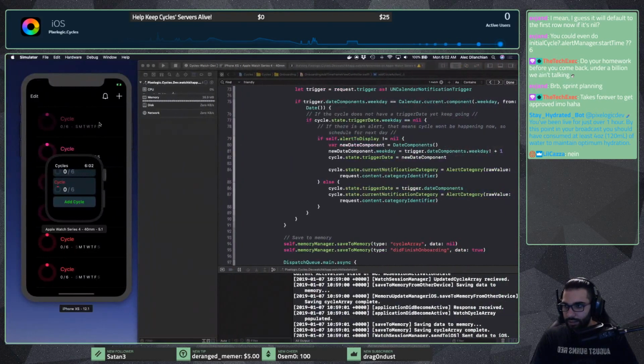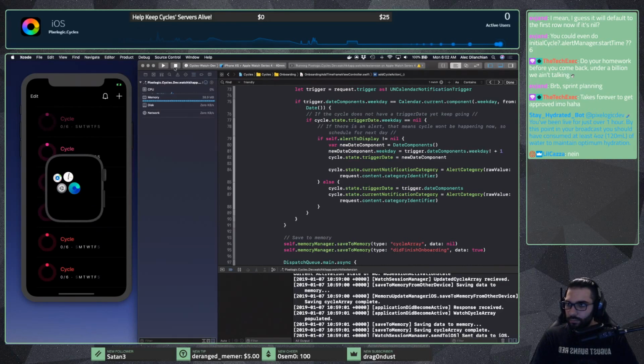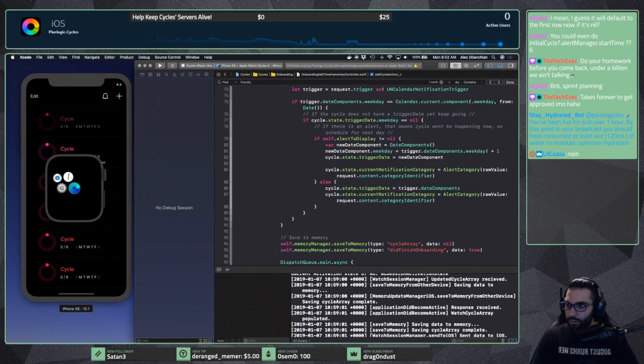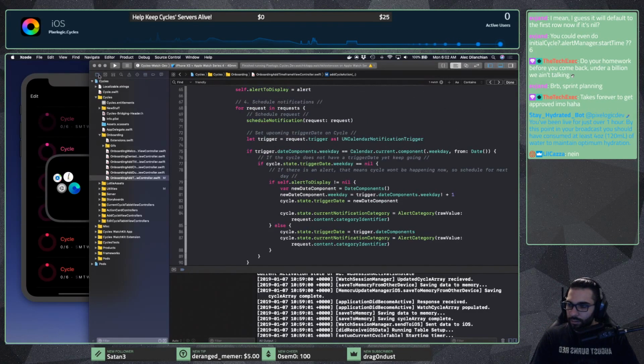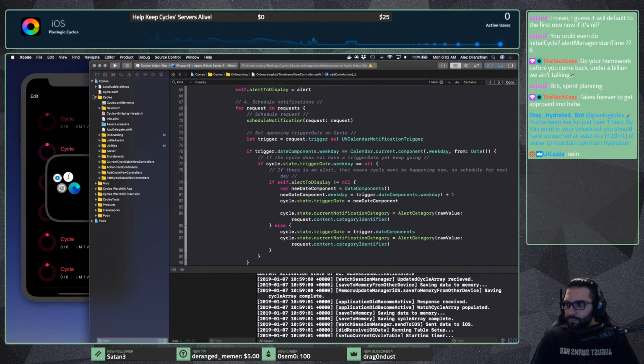All right, let's see what the heck's going on here. So what we want to do is, that looked like it was with the, when you create a cycle. So let's go to our